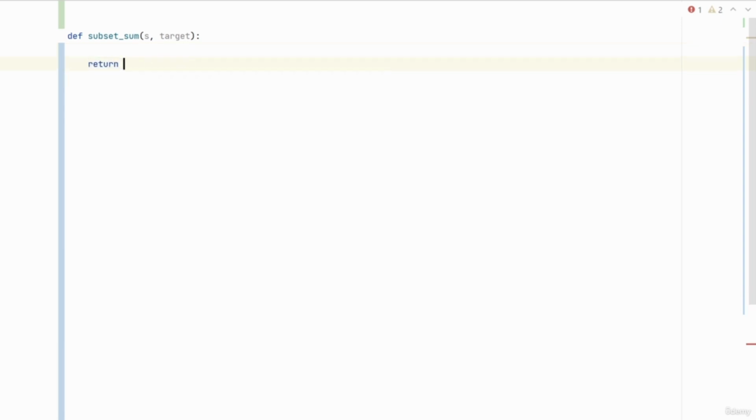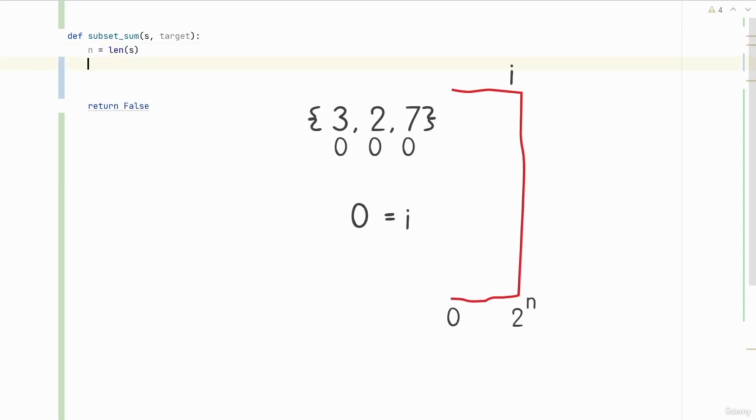This function by default will return false, saying that it hasn't found a subset that can sum up to the target. If we do find a subset sum that is equal to the target, we will return true in the middle of this function. Let's start by finding out the length of s. So we do n is equal to the length of s,